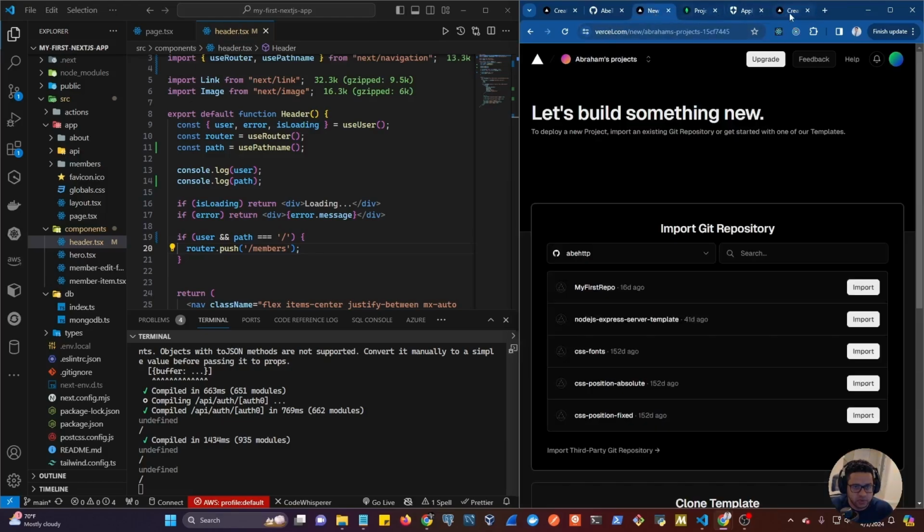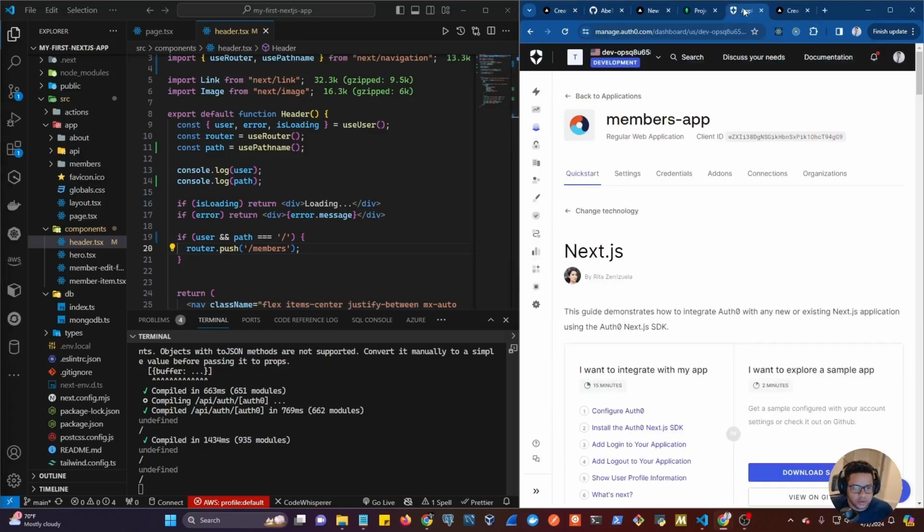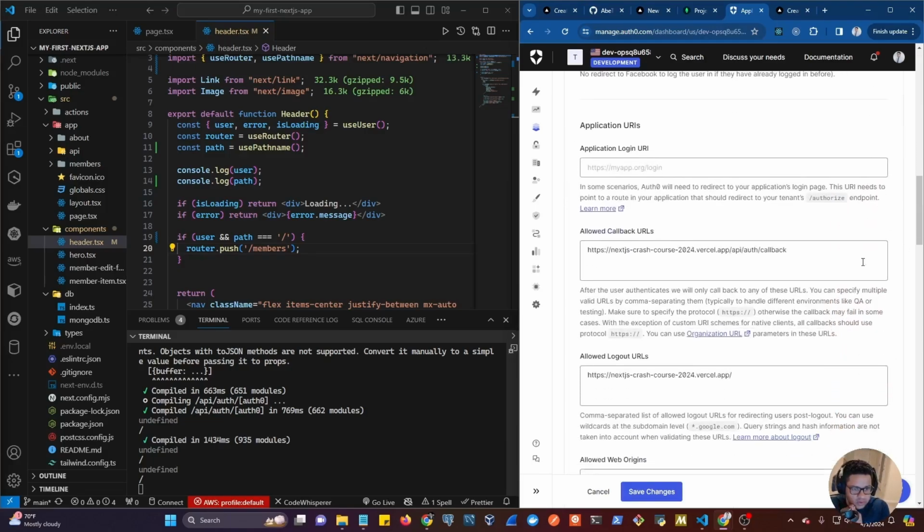So let's go to Auth0 again. So where do we have this here? I think, let me see if I can find it. Oh, it's right here, Auth0, and then let's go to settings, and let's put a comma here, and leave the localhost 3000. So let's make sure we put that back in there. That was my mistake,